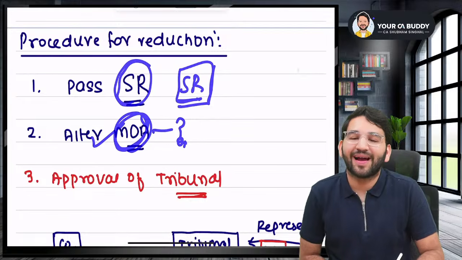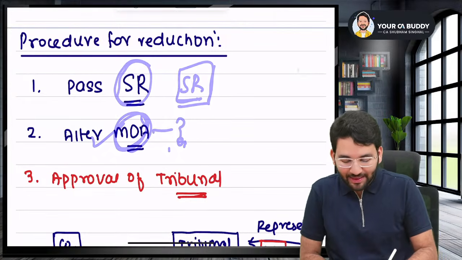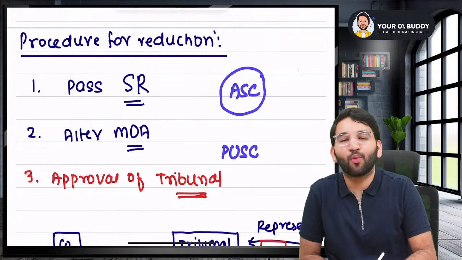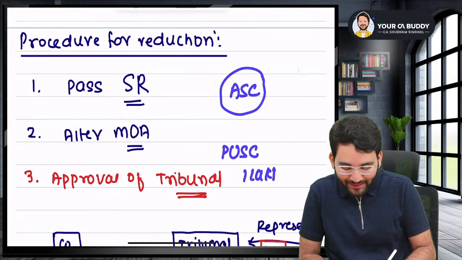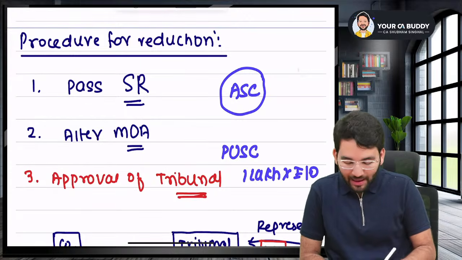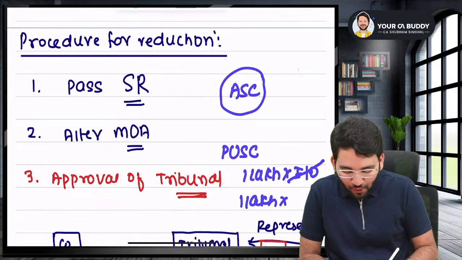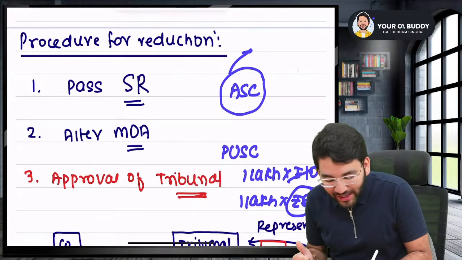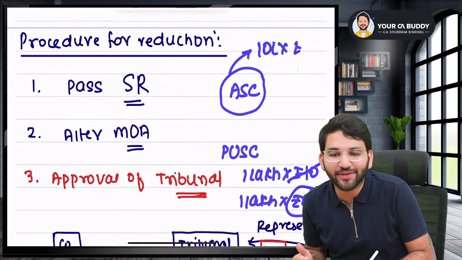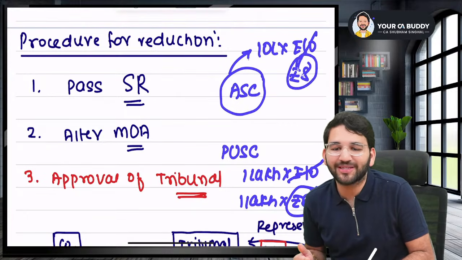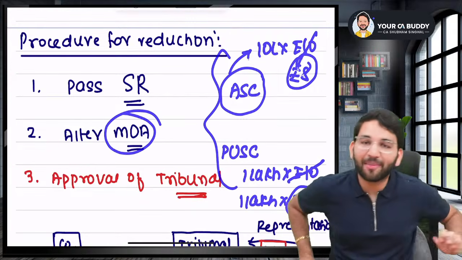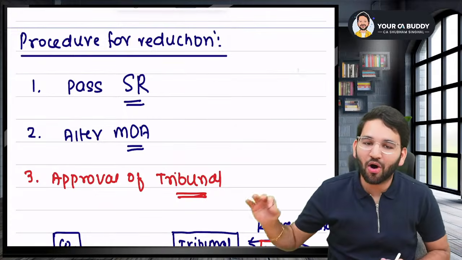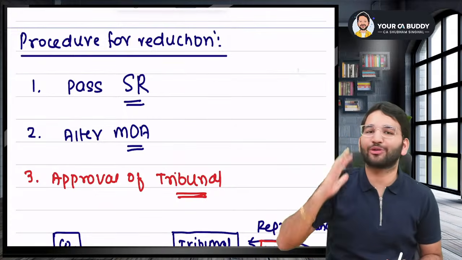Why, sir? I'll tell you why. Guys, sometimes when you reduce your paid up share capital, your authorized share capital will also change. Sir, if I had 1 lakh shares of 10 rupees each, now I am reducing it to 1 lakh shares of 8 rupees each. So what will be the face value of each share? 8 rupees. So I have to change my authorized share capital also. It was 10 lakh shares of 10 rupees each. That also has to become 8 rupees each. Because of that, I'll have to alter my memorandum of association also. So the concept that you have to understand is that on reduction of share capital, authorized share capital also gets altered.